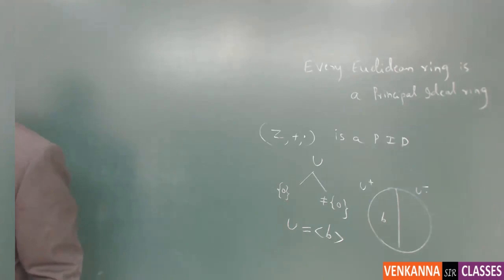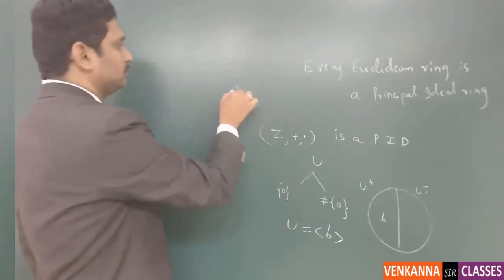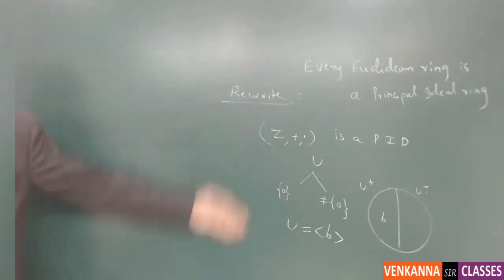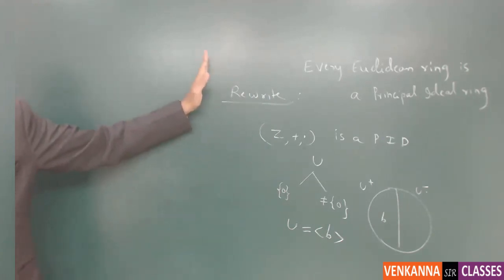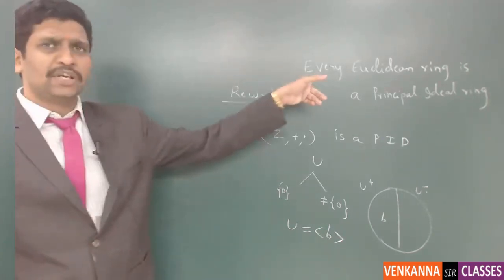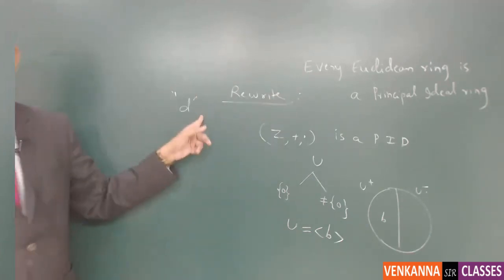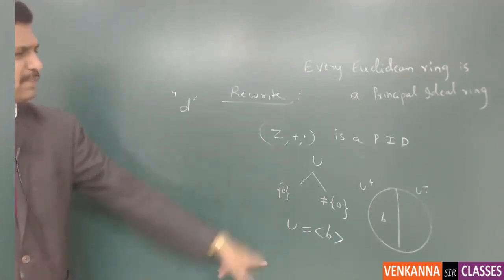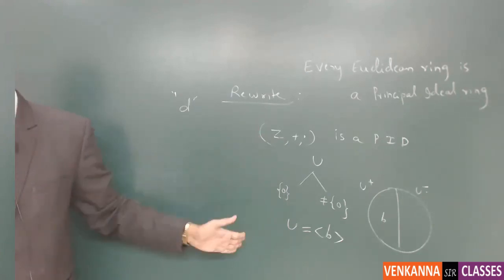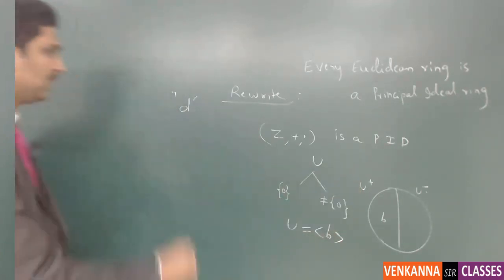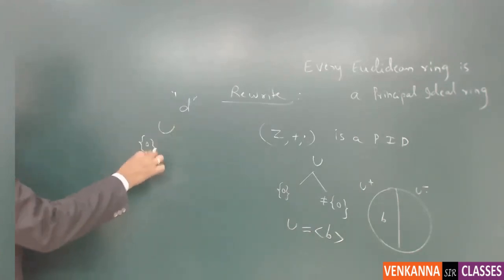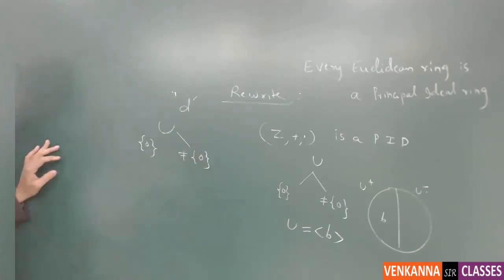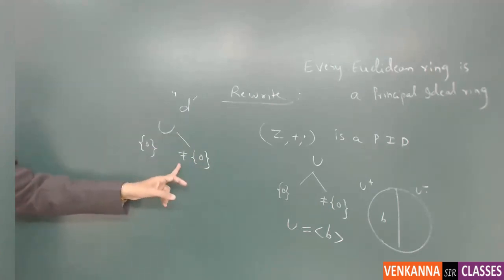So here, the same proof we rewrite here. We exactly reproduce the same steps here. Nothing changed at all. Since it is a Euclidean ring, it has a function D satisfying the two properties. So we reproduce the same steps as they are without changing anything, except writing U plus. So if you take an ideal U, if it is 0, it is principal, okay. If it is not a zero ideal, then it contains the smallest element B, because